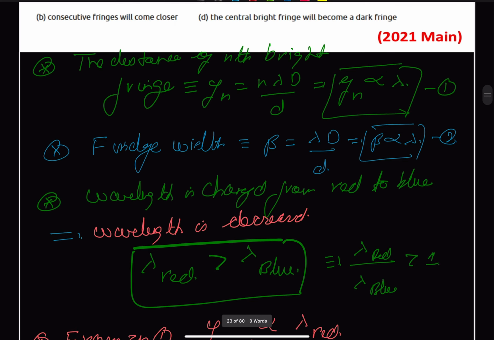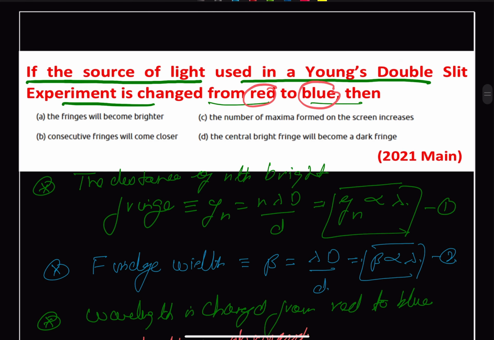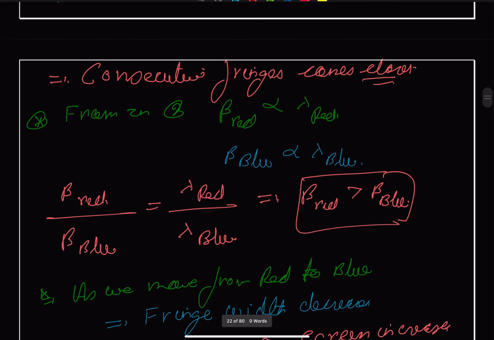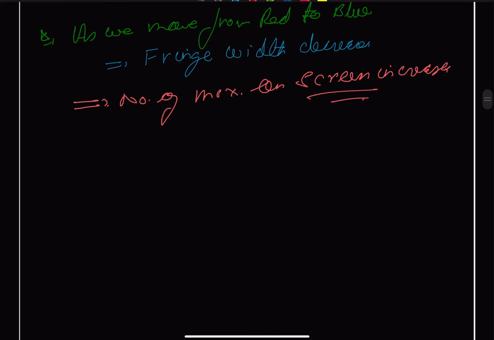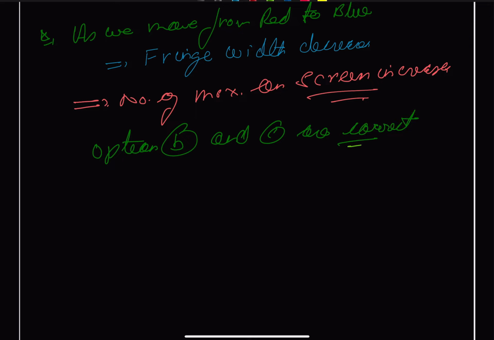So therefore we can say option number C is the correct one, and option number B is also correct. So B and C are the correct ones. Option B and C are correct. Next question,